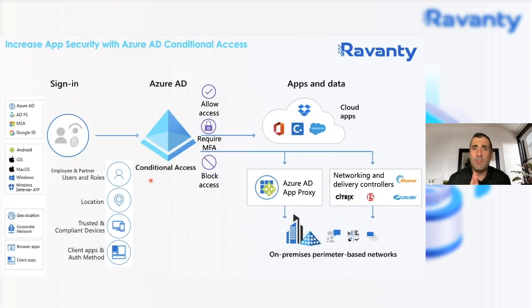Now, we talked earlier about conditional access. So conditional access allows you to control the authentication, and we'll kind of walk you through a user experience and what that looks like. So we first start off here with the different sources. As you can see, a user can log in from any one of these sources, right? So they can come in from a Mac OS device, from a Windows device.